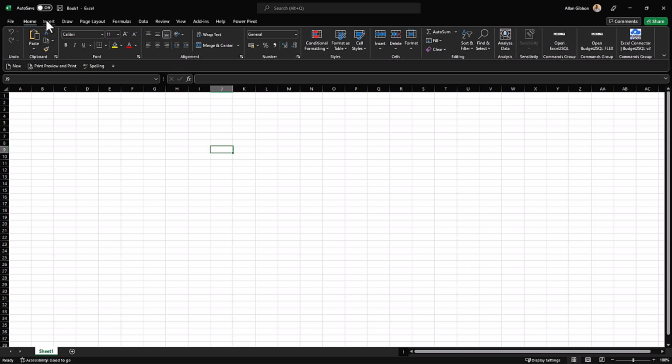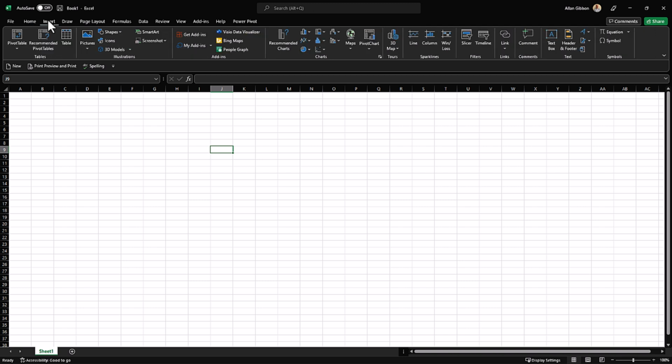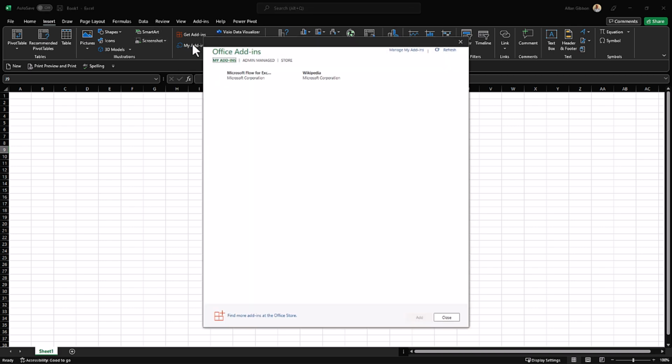Then you head over to the Insert menu. You move across to My Add-ins. And then you should see Admin Managed in the middle. If you select on that, it should bring up your different connectors available to you. You can hit the refresh button if it's not there,